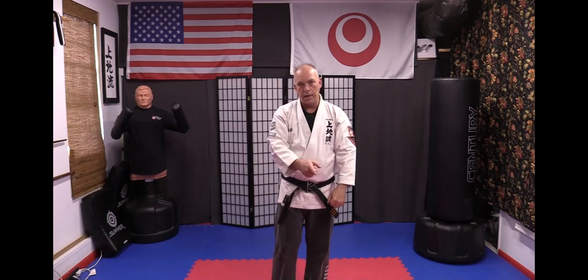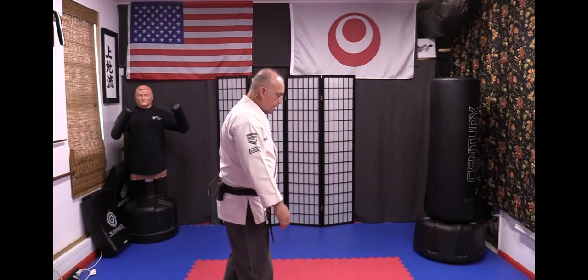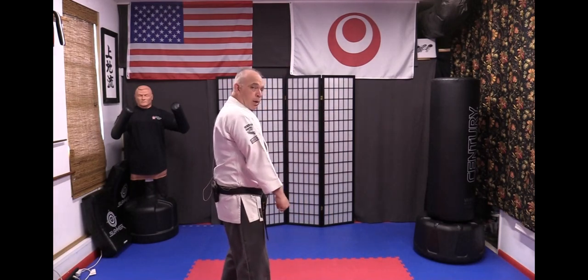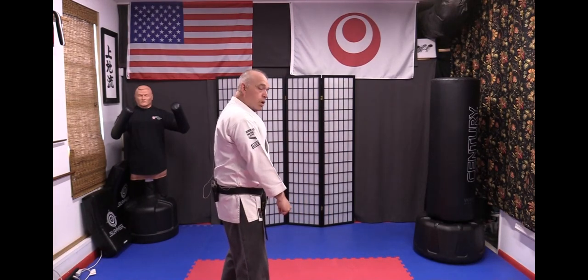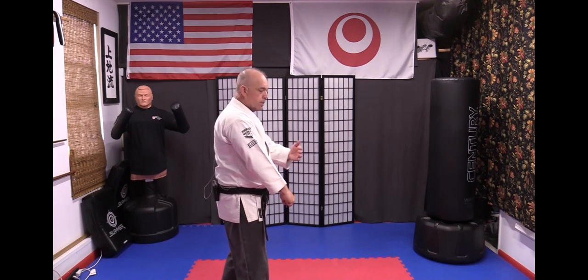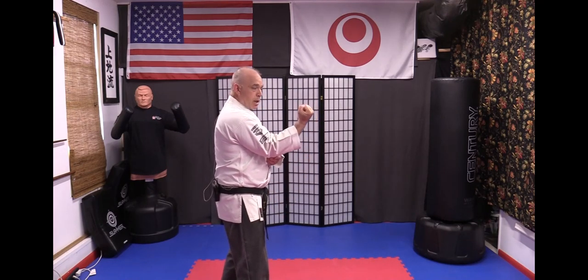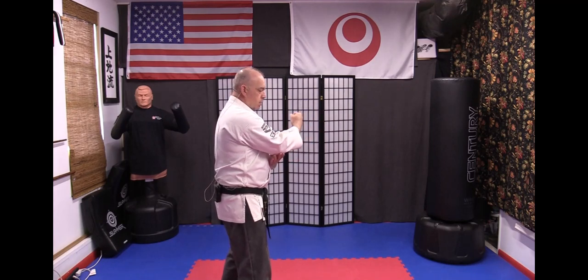It's reversing that circle. And so if I'm here again, I want to make sure that if I'm blocking here, no way, it's not going to work. Your block is not going to intercept the attack in time to block it from your body. All right. You want to make sure that you're coming straight out of Sanchin, again, here, and you're just